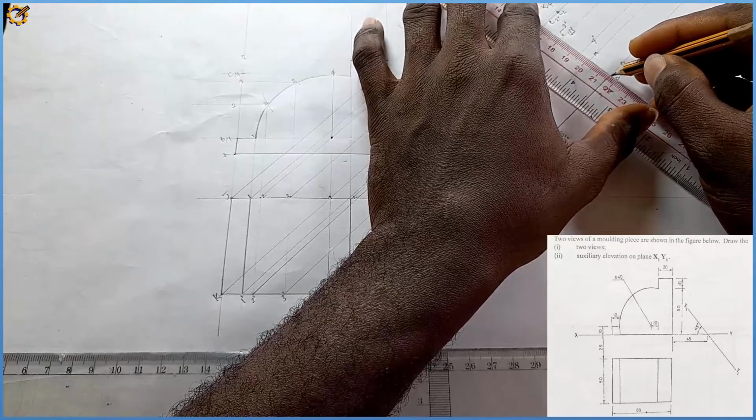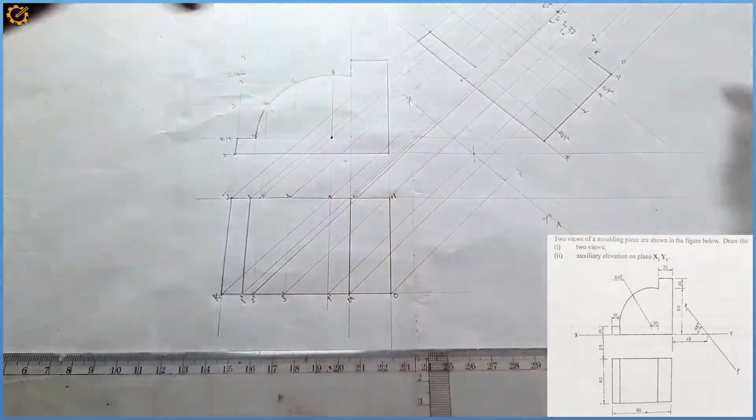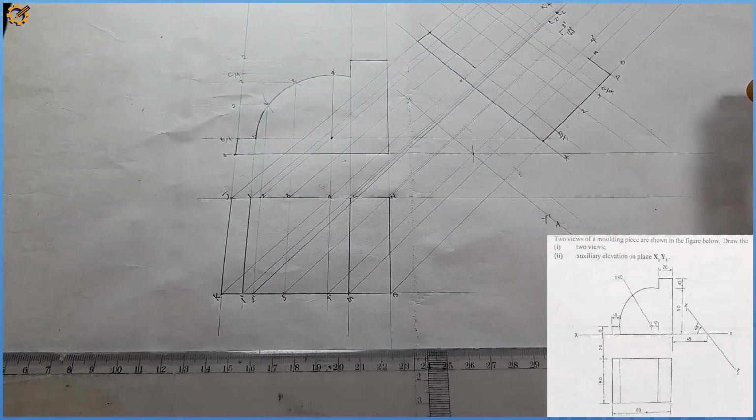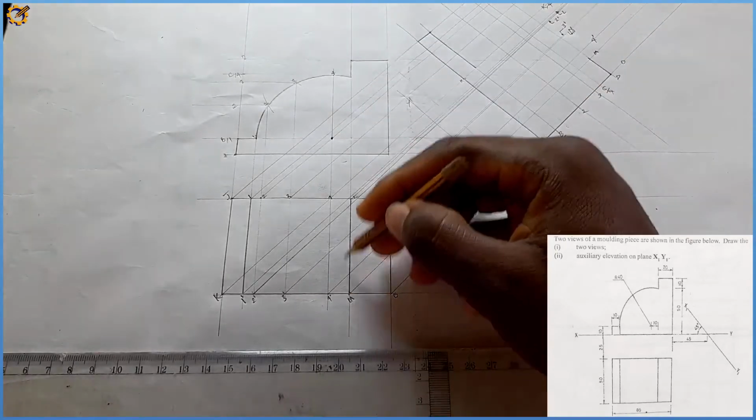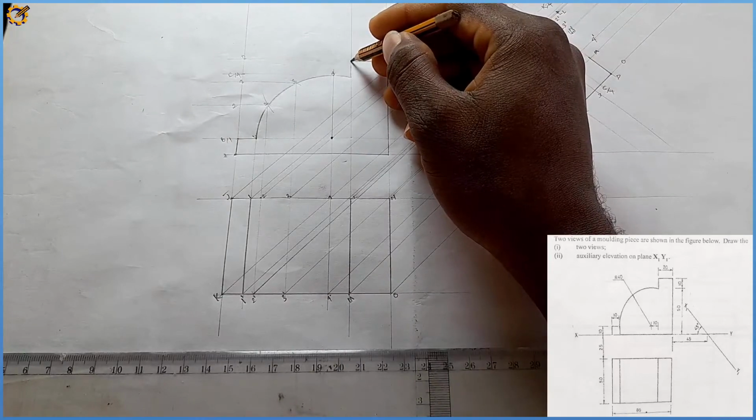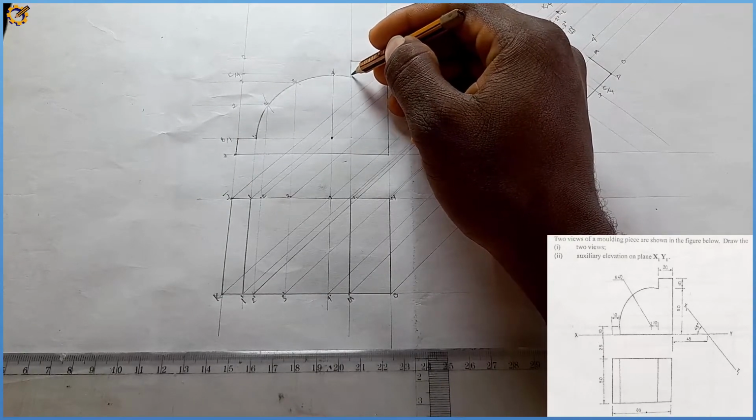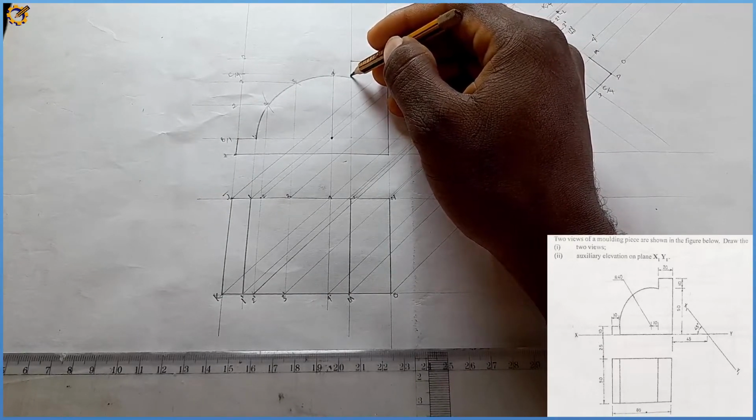Our M goes this way, and you can see L and M on the same plane. It terminates at this mark of